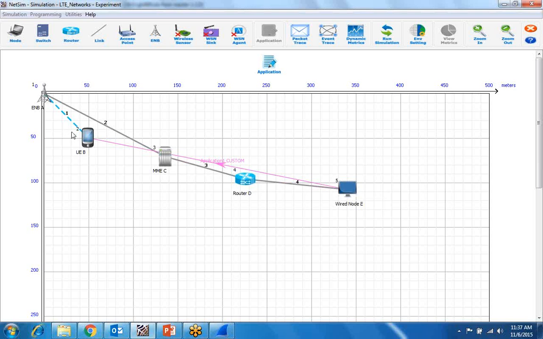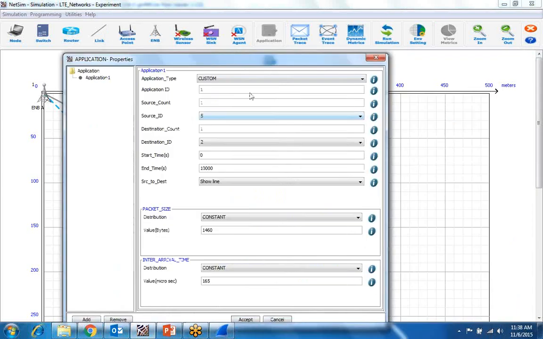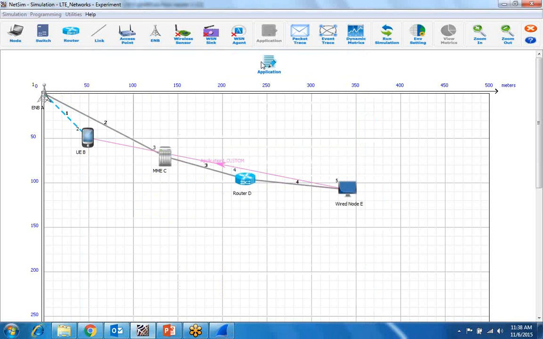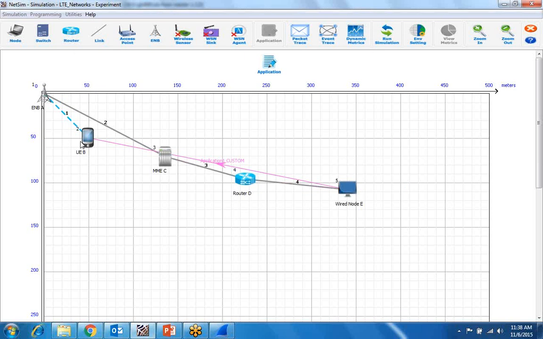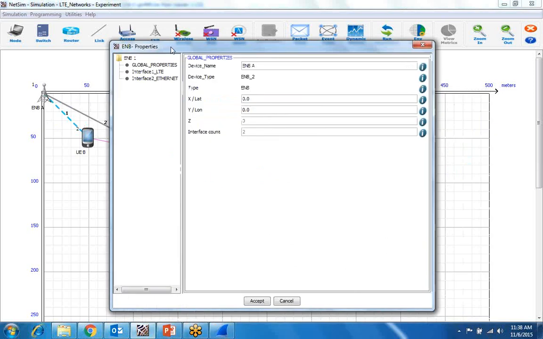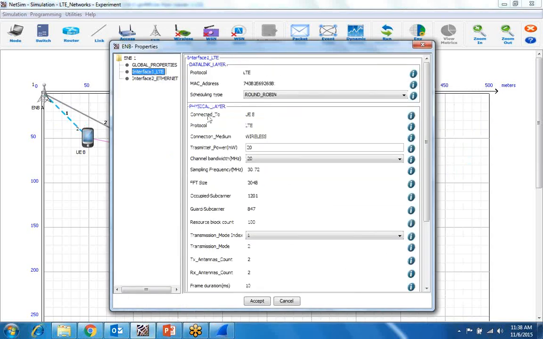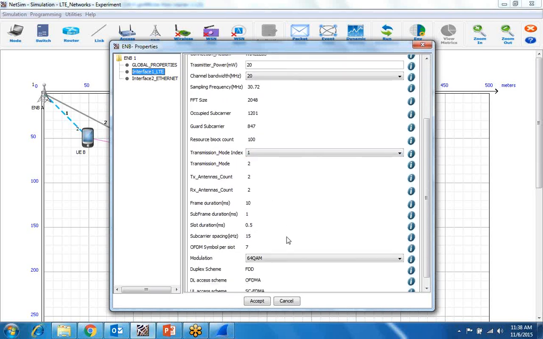So doing the simulation procedure is the same. You'll have to give the parameters from application, from which you define the source and destination. You have to define the application type, which type of packet you want to send, and packet size, interval time. All the parameters are the same. You'll just have to give different parameters on nodes. There are specific properties, like env. You can change these properties and see the variation in your results.